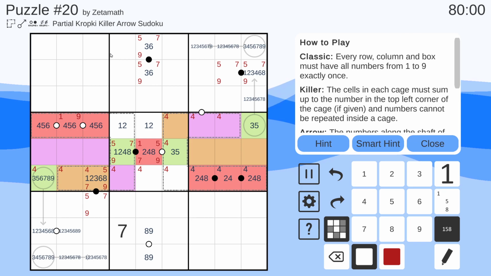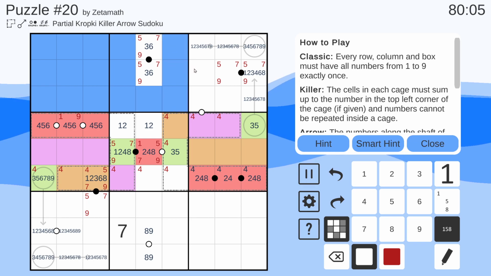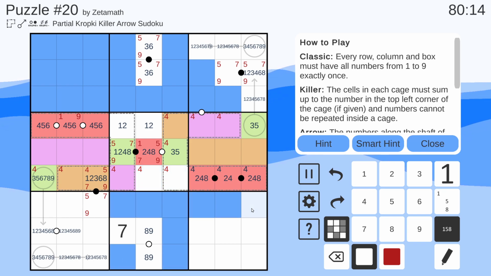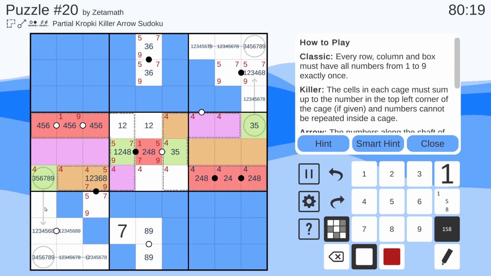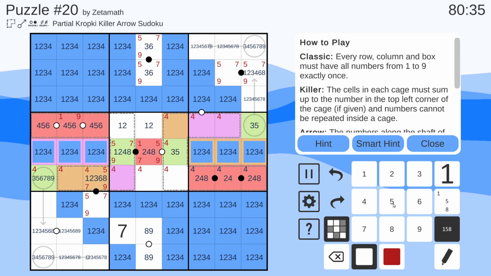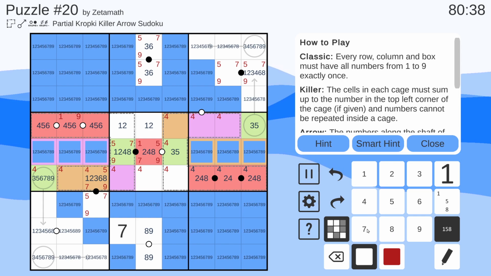We did it in remarkable time, but there's almost nothing I can do here. Like, there really isn't anything I can do here. I can highlight all of these numbers here. I can then put in every single digit. And then that would let me